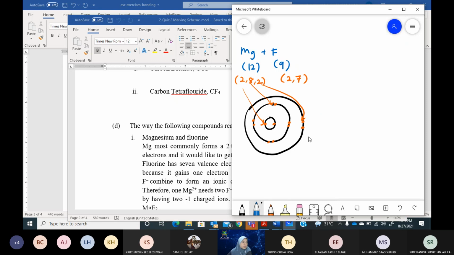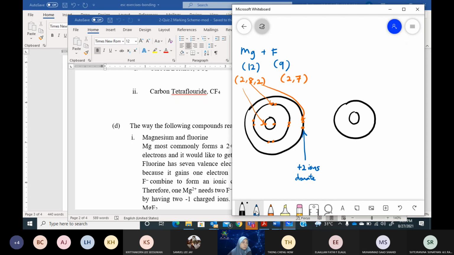This plus 2 ion donates. Later want to move to another. Okay, something like that. So after that, the fluorine is